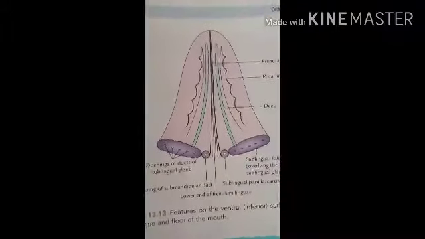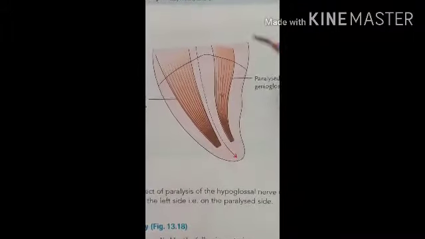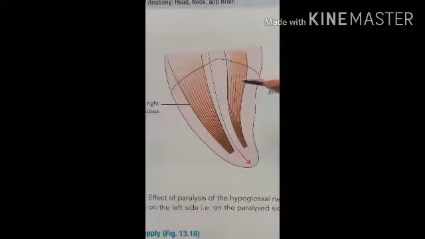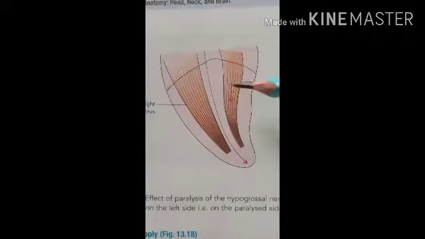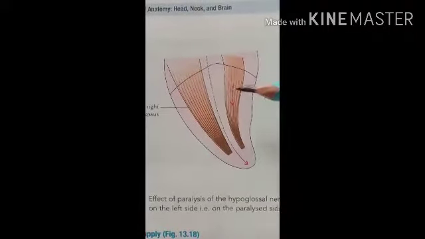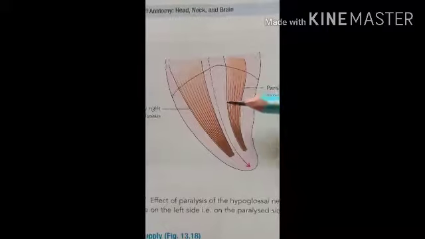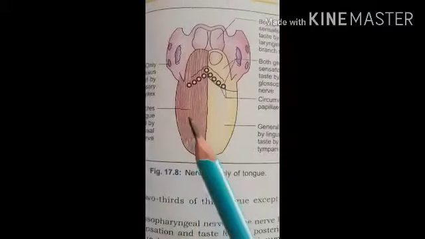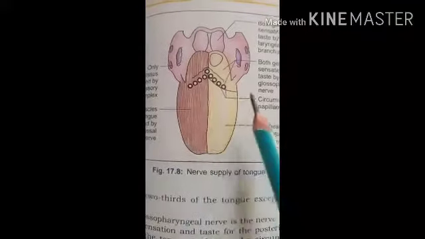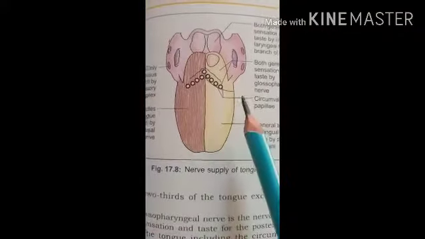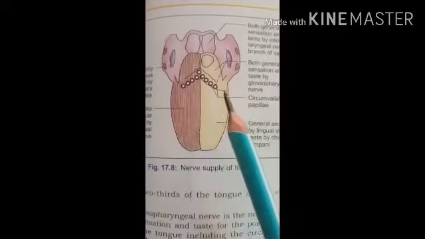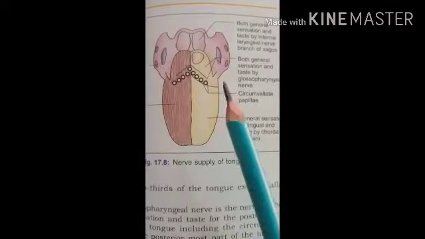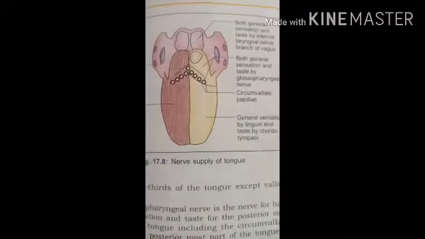Next, in an unconscious patient, the tongue may fall back and obstruct the air passage. This can be prevented by laying the patient on one side with the head in a down position. Next, the coating or furring of the tongue bears no relation to digestive disturbance as generally thought, but usually occurs due to smoking, respiratory tract infection, fever or oral infection.